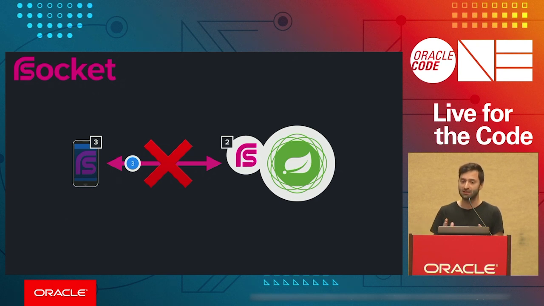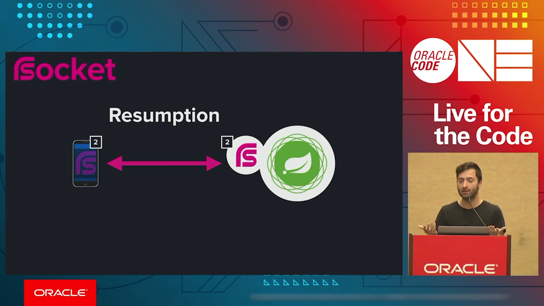Because each side has tracked exactly what has been sent, we know, when we try to resubscribe or reconnect to the receiver, where we can start from. So in that case, we drop the connection, and then we will have to reestablish the connection, and that's where this feature is used, the resumption feature. Because we dropped the connection, we have received from the receiver exactly what information the receiver saw the last time. In that case, it was message number 2. And so as a client, you know you have already sent message number 3.